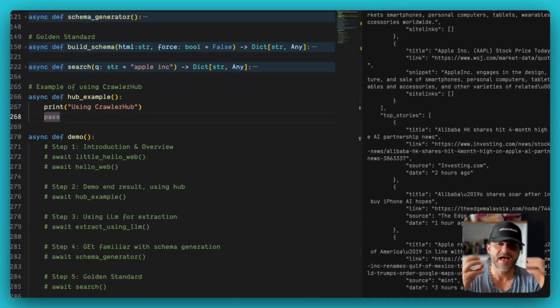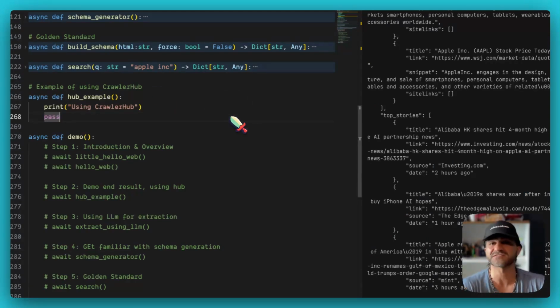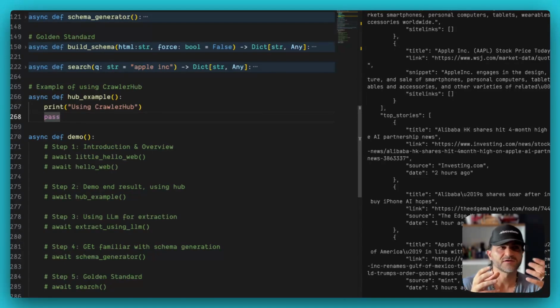Okay. Now in this chapter, I'm going to get you familiar with, introduce the Crawler Hub concept. It's the very beginning of it, but I'm very excited about it. I think by now, if you have been a programmer for even one year, you are familiar with the concept of a hub. For example, look at Docker Hub. There are a lot of images. People create images, push them there, and you can pull and use them. Such concepts let the community create content and drive community content. People create and other people use it,